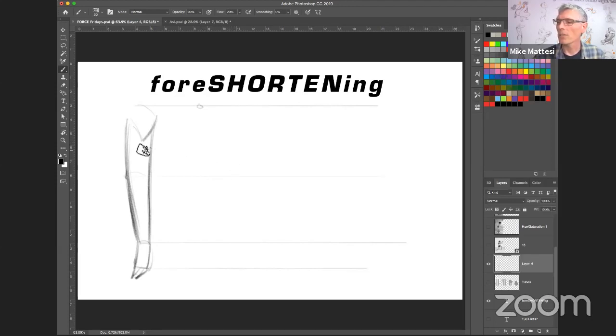So I'm going to cut this in half, right? I'm going to take the elbow line and we'll move it up here. Let's do a little higher like that. And I'm going to take this line and I'll move it up here, right? So now all I've done is change distances. I've taken this from here to here and this from here to here, right? And that's enough for me to say, okay, now I have this new foreshortening. I'm going to start drawing the arm at those distances.